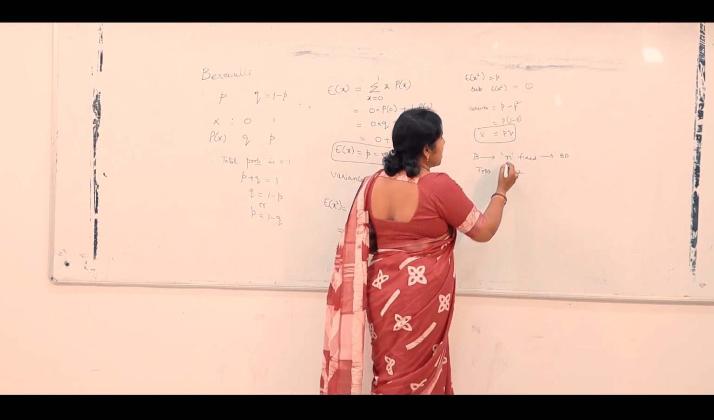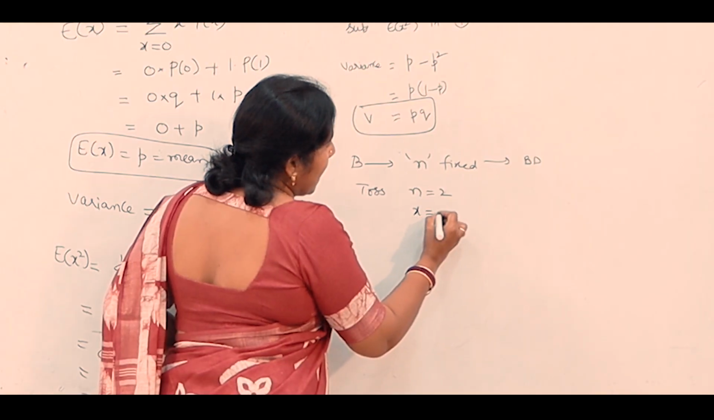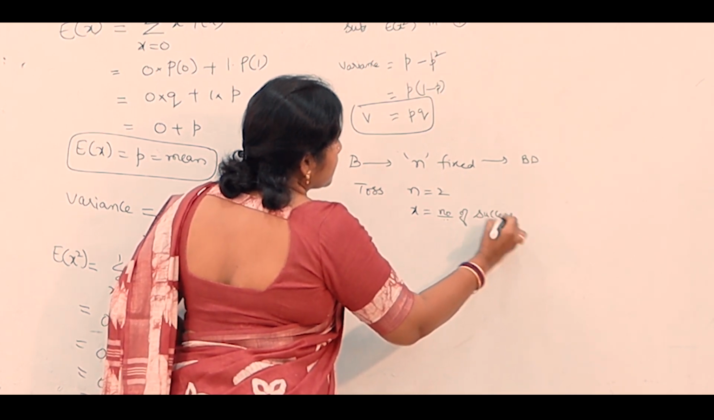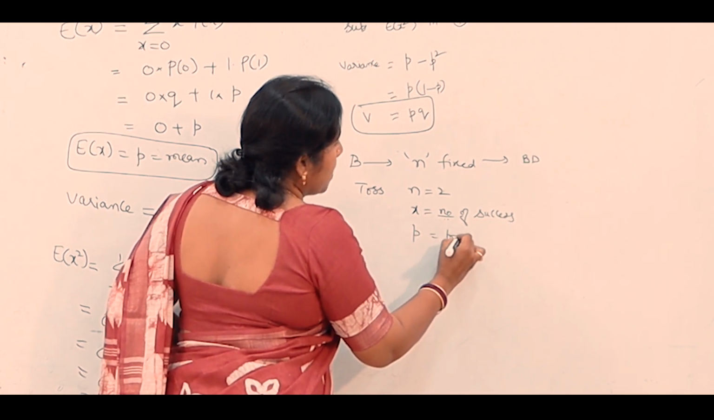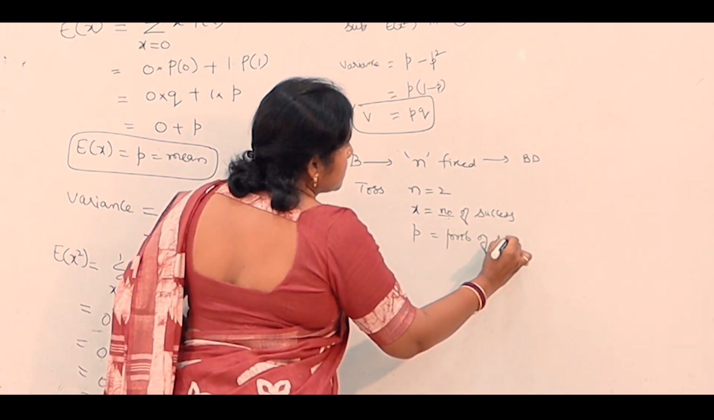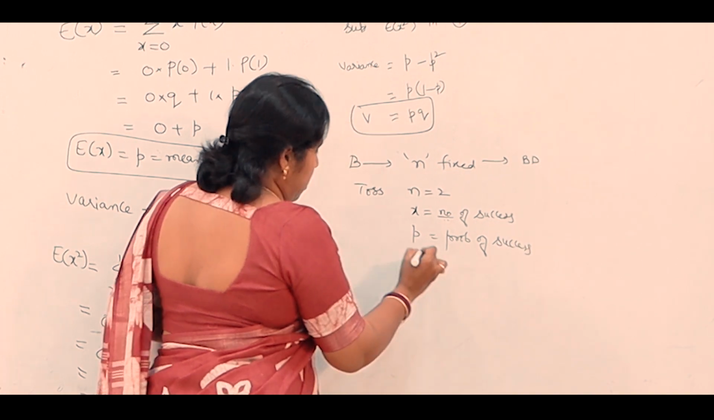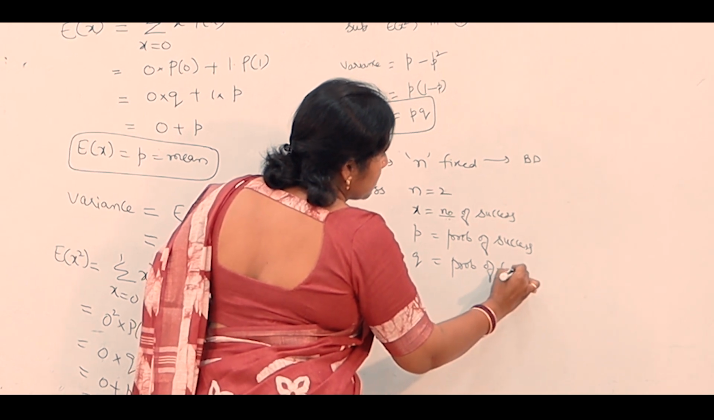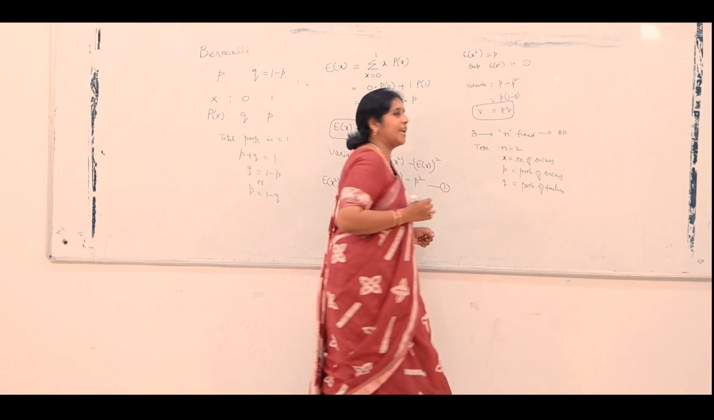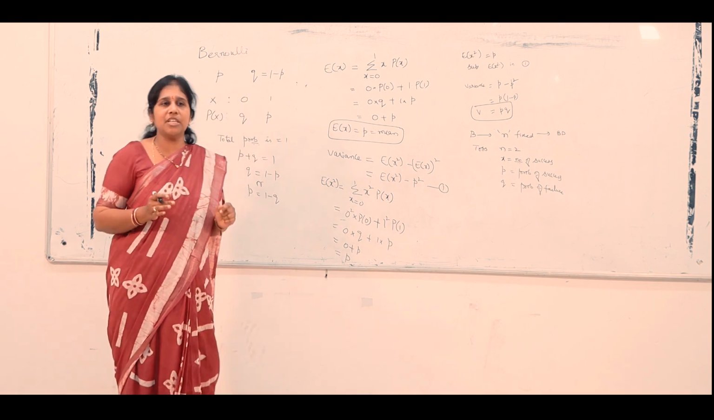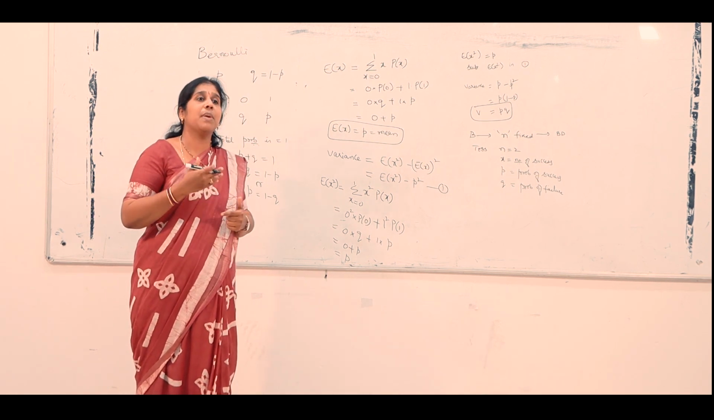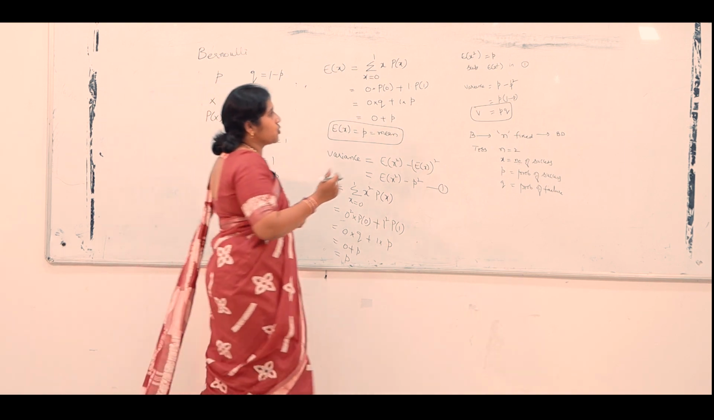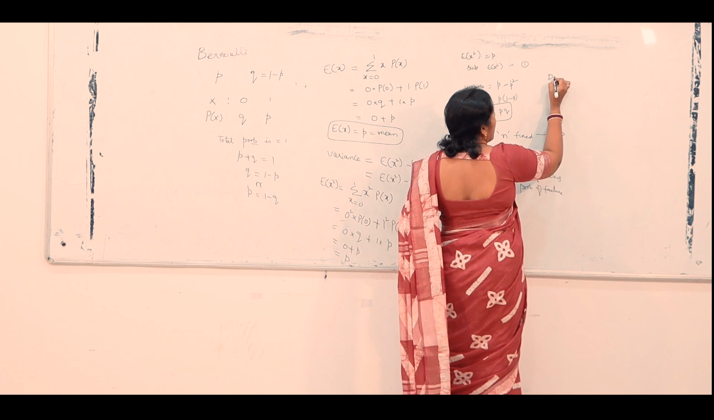n is the fixed number of trials, x will be the number of successes, p will be the probability of success, q will be the probability of failure. So I'll define the binomial distribution. Binomial distribution is a distribution: if we repeat Bernoulli for n number of times, it gives rise to binomial distribution. And it is defined as